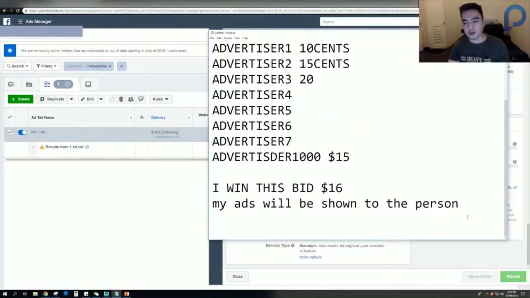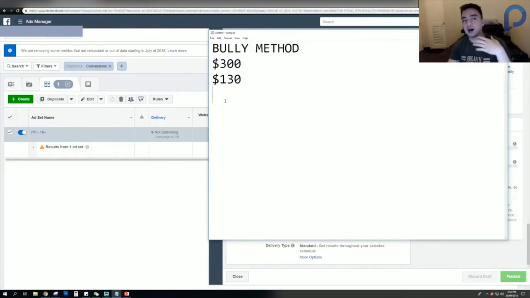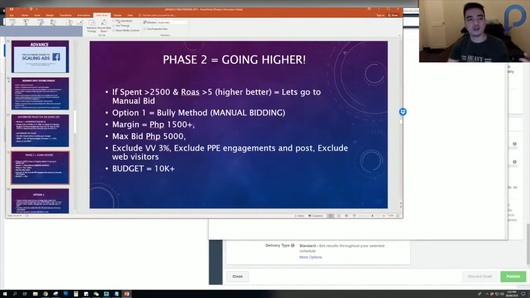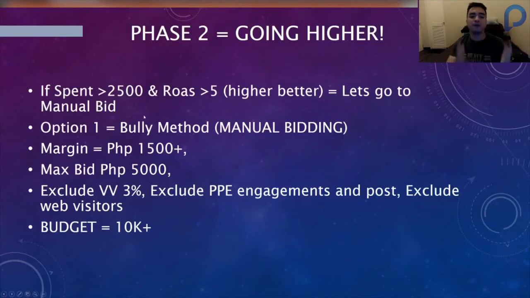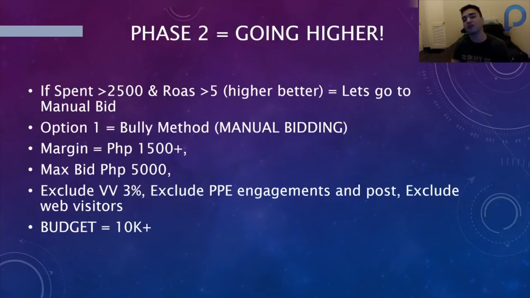So, the bully method is a high risk, high reward method that I use. If nakalagay dito, if yung profit margin ko is 1,500. So, kahit mag $10 or $20 yung CPP ko or 1,000 peso, meron pa rin akong profit na 500 pesos. Yeah. And then exclude ko yung mga nag-video views na ng 3%, exclude ko na yung mga nag-post, nag-like sa page, and exclude ko lahat ng website visitors. So this is after phase number 2 na, diba? If you wanna go higher,